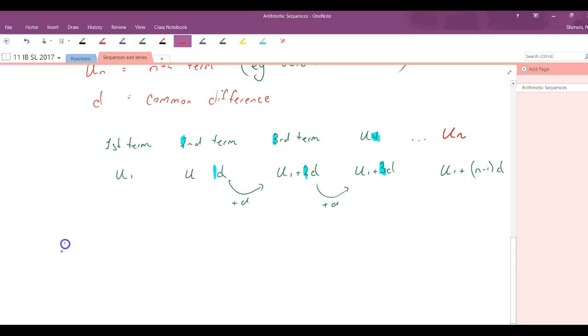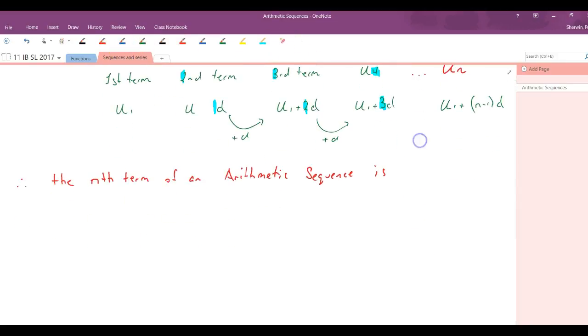So therefore, what we're going to say is the nth term, therefore, the nth term of an arithmetic sequence is U1. Right, what we'll do is we'll write it in UN kind of format, is